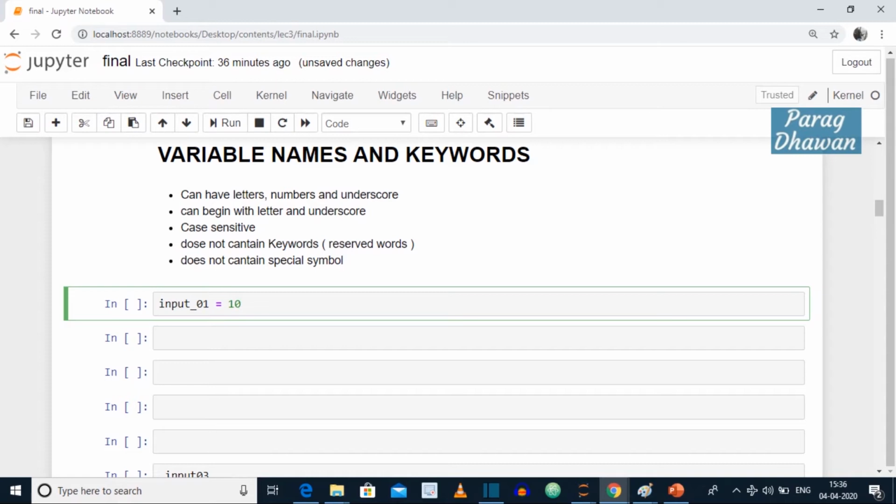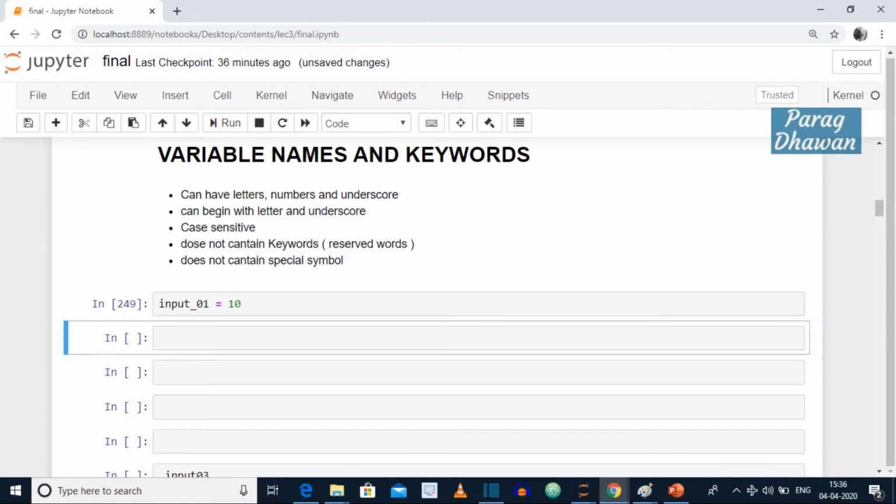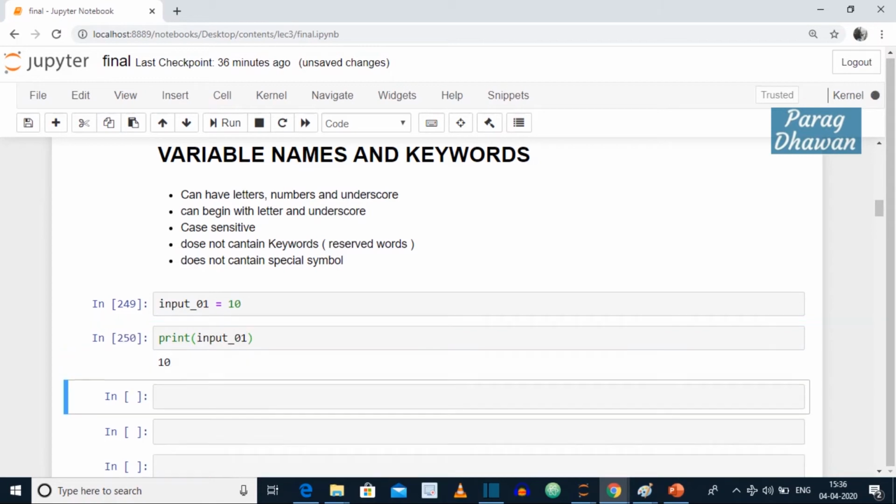We are assigning a value 10, which will be stored in input_01. Click on the cell and run the cell. Cell has executed successfully. Print the value of input_01 will show you the output 10.